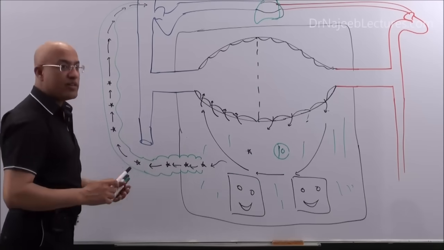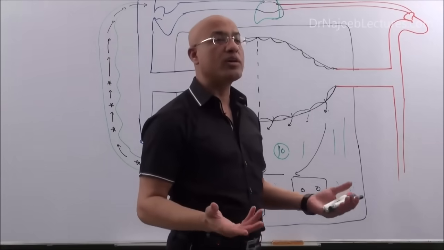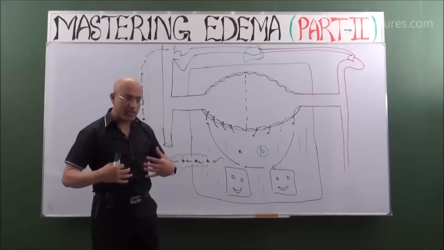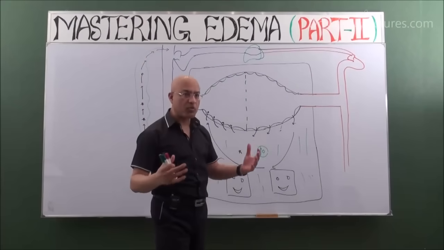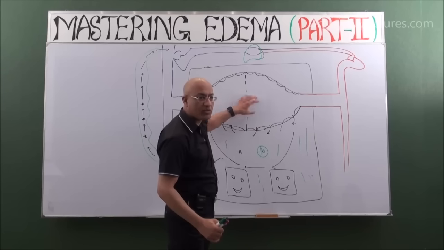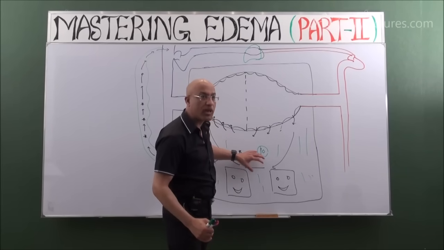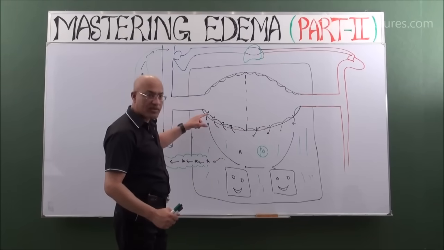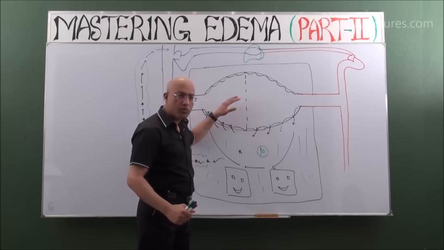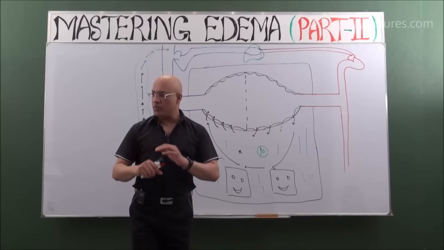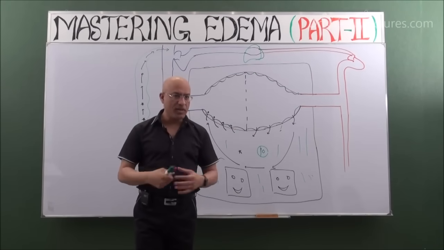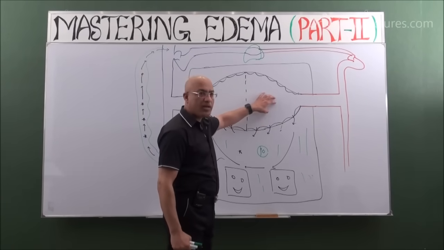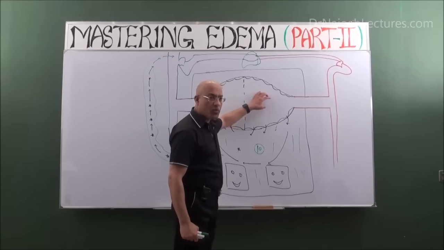Or overall in the body, salt and water is too much. I will explain the mechanism later. If the body retains excessive salt and water, not only will excessive fluid be here, it will also come here. So that will also add to the edema. And eventually, if permeability of this membrane is increased pathologically, then excessive fluid will also leak out. Any question up to this? Everyone is clear? So now, first of all, I will talk about why in some disease conditions, fluid is excessively